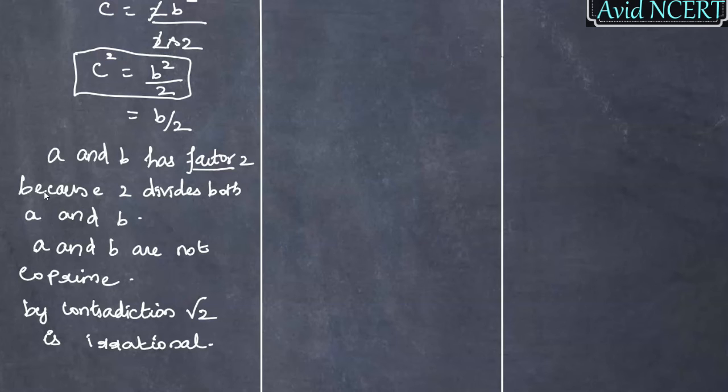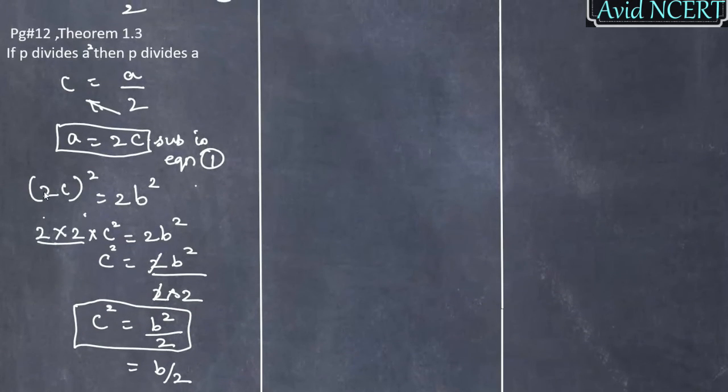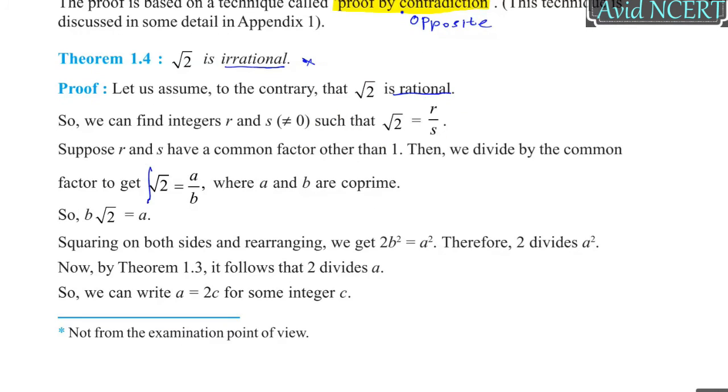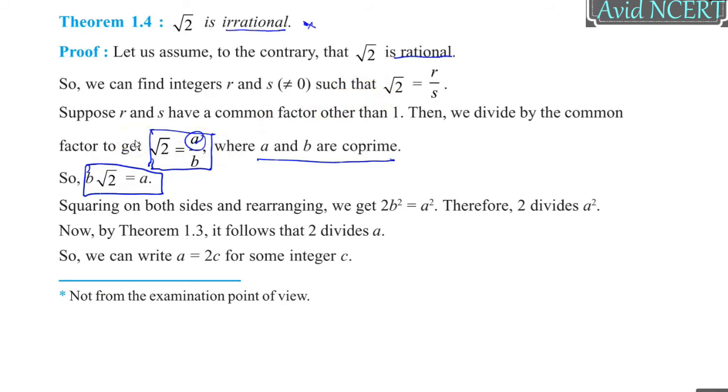So these are the steps you are going to follow for this type of problem. First we have to assume root 2 as rational. So the step is root 2 equals a by b, which is rational, and a and b are co-prime. Now we cross multiply, so we can find a equals b root 2, assuming it as rational. That is the first step. The second step is to cross multiply and find a equals b root 2. The third step is squaring on both sides.